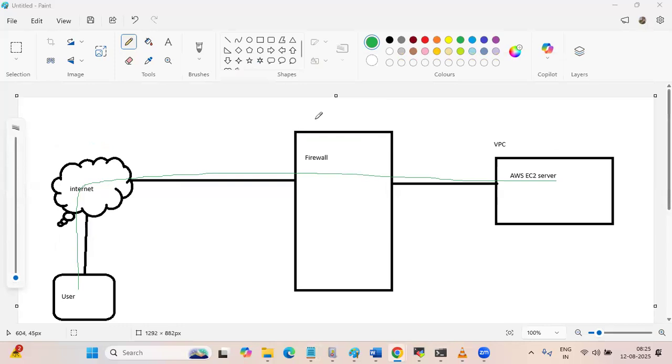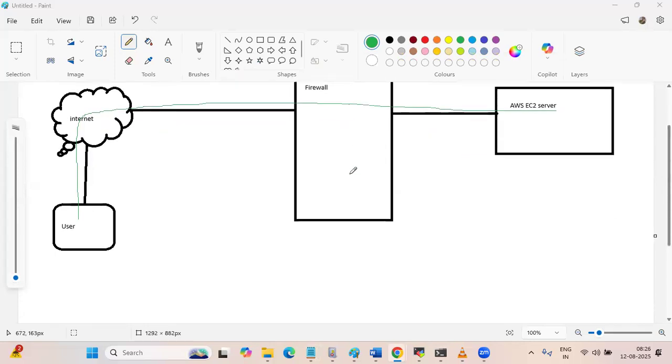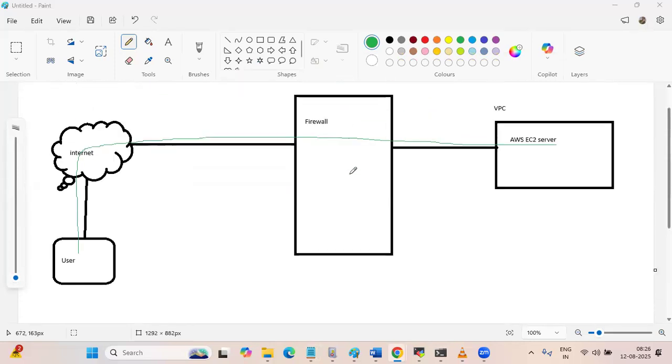Whenever we are creating a security group, it is stateful. So what is stateful? For example,